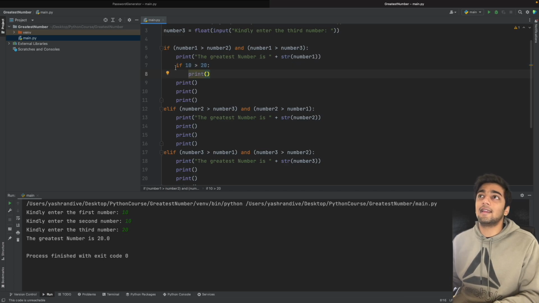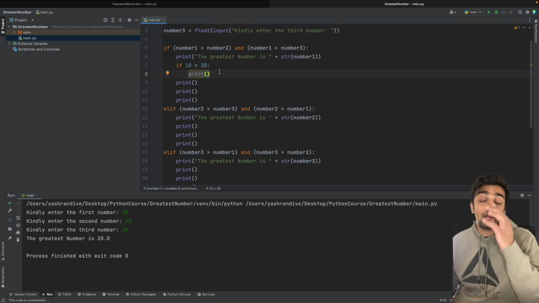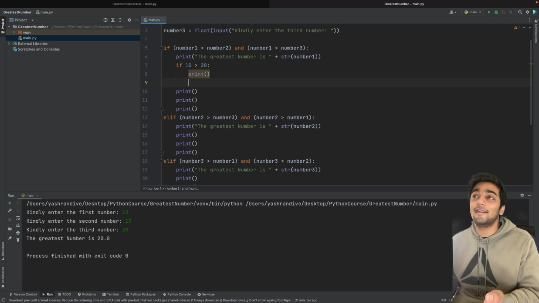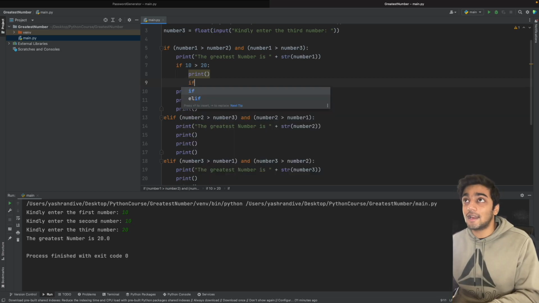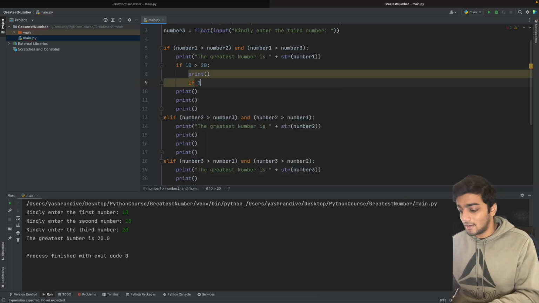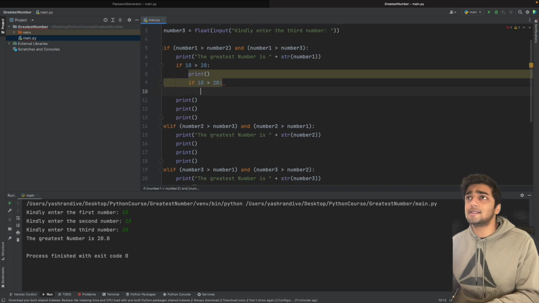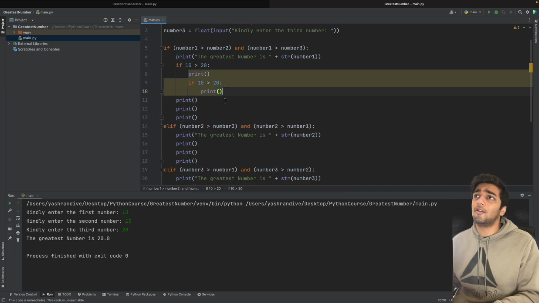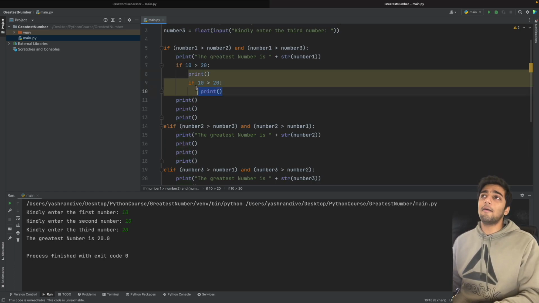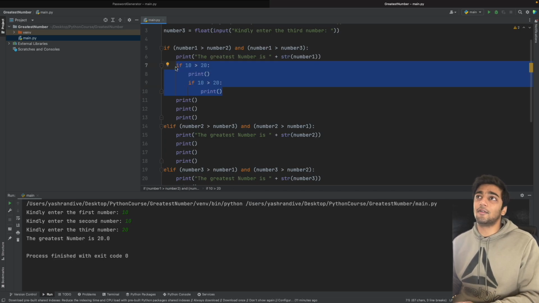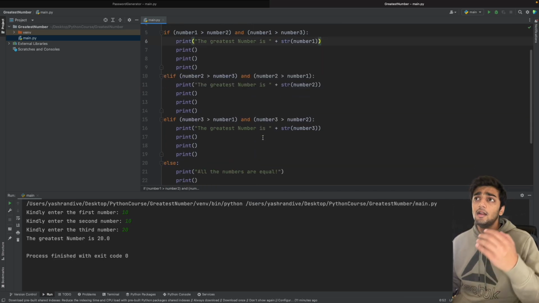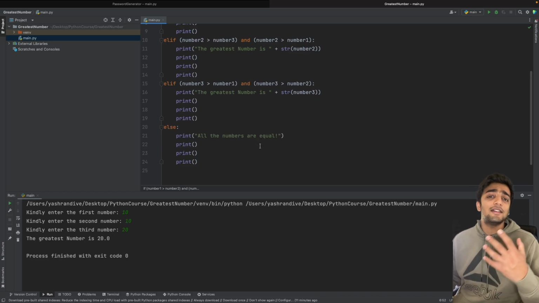Now let's say inside this if statement, you needed another if statement. So you could just write if, then your condition. Again, I'll just write 10 is equal to 20 for example's sake, and then I could have a print block. So now what happens is that this if statement has this print statement, and this if statement has this print statement. So what I would suggest is you write this program by yourself once to practice, and as a challenge,